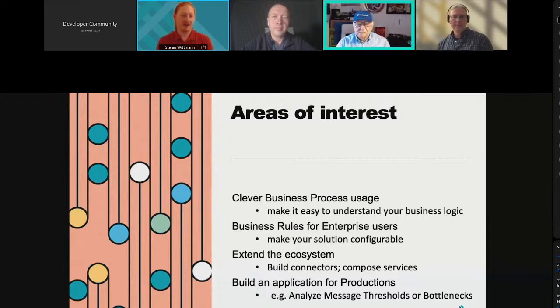That's always an interesting project. And like I mentioned, building an application that helps developers understand what's going on inside of the Interoperability Engine can also be an interesting angle.